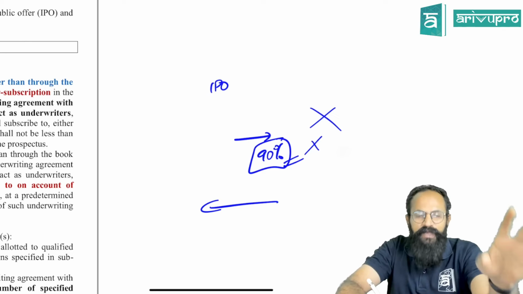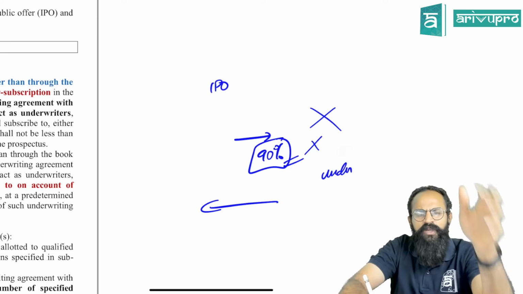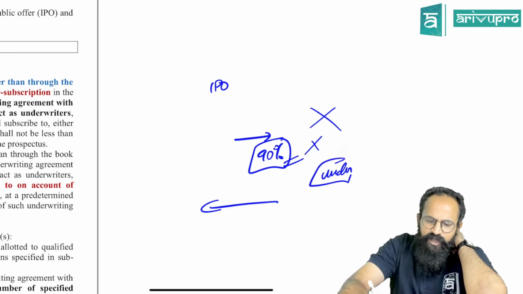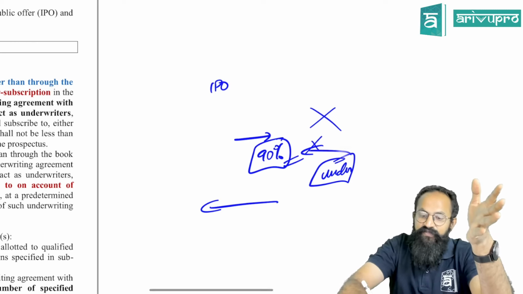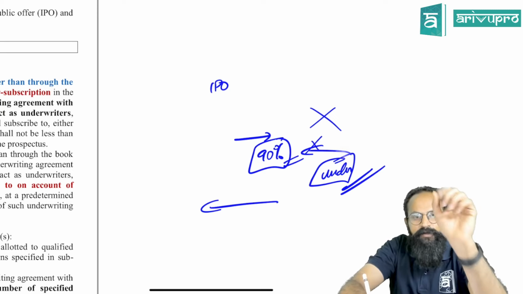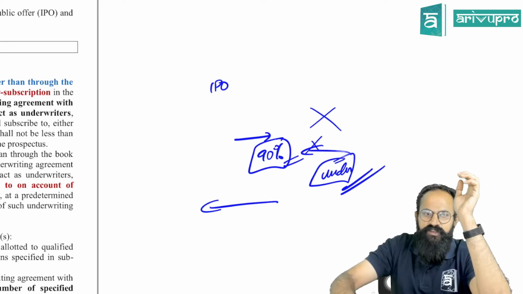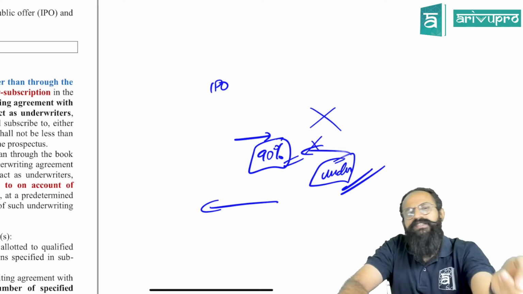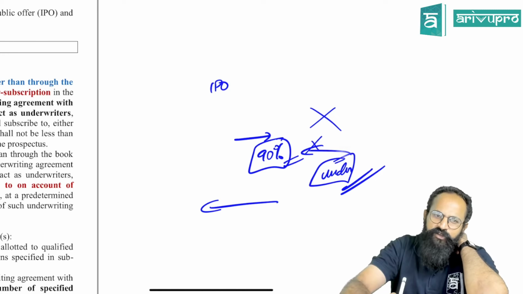The companies, to be on the safer side, appoint a few people called underwriters. You can call them syndicate members also. So underwriters will be appointed to make sure that whatever is the minimum subscription, if it is falling short by some percentage, that is always subscribed by these people. So who will subscribe, sir? It will be subscribed by these people. Who are they? It is the underwriters.